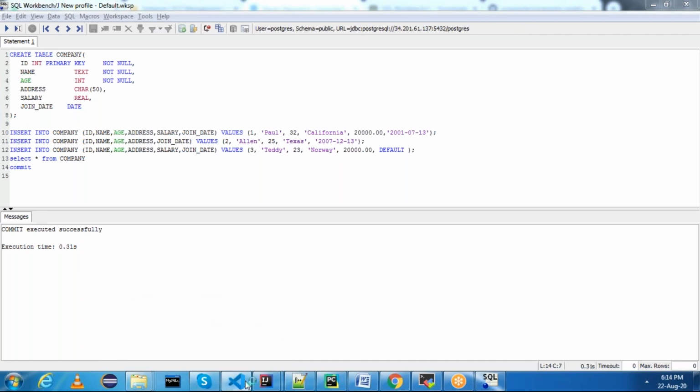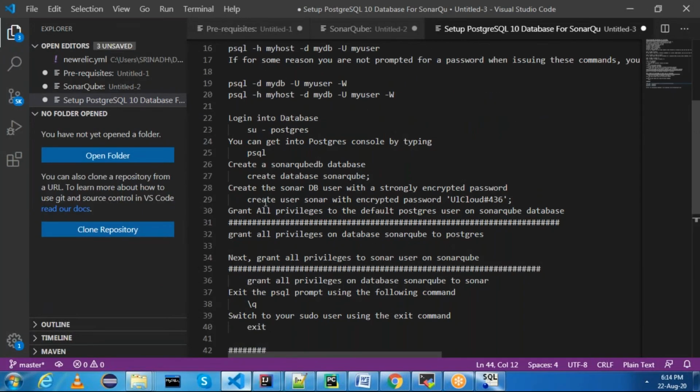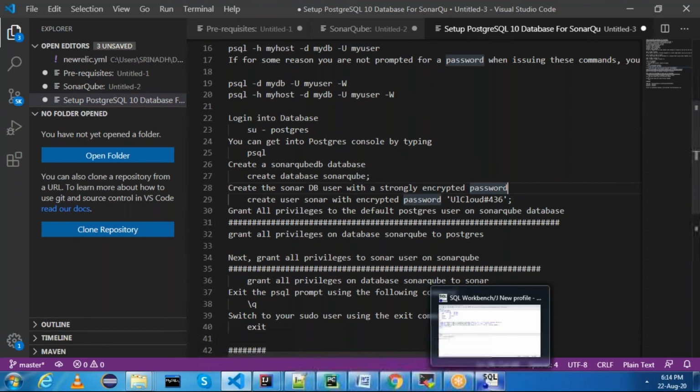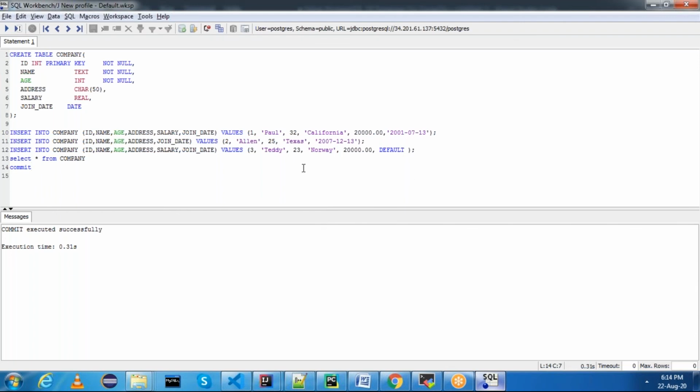I created my own user Sonar as well, or else we can go directly with the default Postgres user. And then I have allowed it for outside connection as well. That's why we are able to connect to it from SQL Workbench. If you don't want to allow it from outside, you don't need to specify 0.0.0.0; it will connect within the network as well. Okay. Thanks everyone for watching this video.